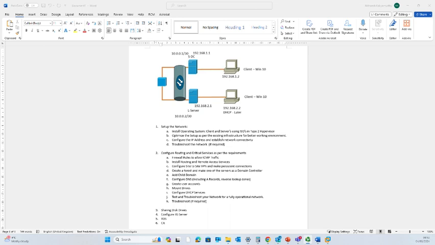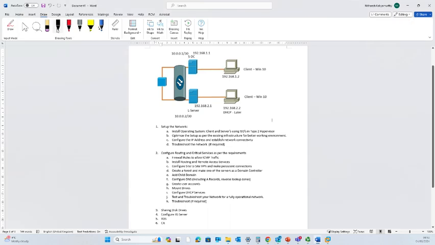This topology comprises a server and a client and two networks like that. So this is a server. We are going to use Server 2022 for this, and that server is connected to a client here. It's a Windows 10 client. In the same way, we have another Windows Server 2022, which is connected to another client. So here, if you can notice,